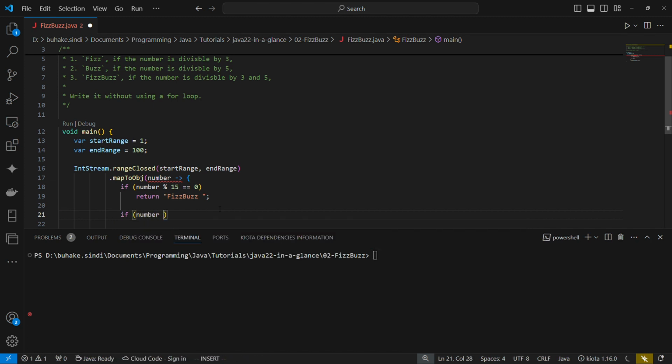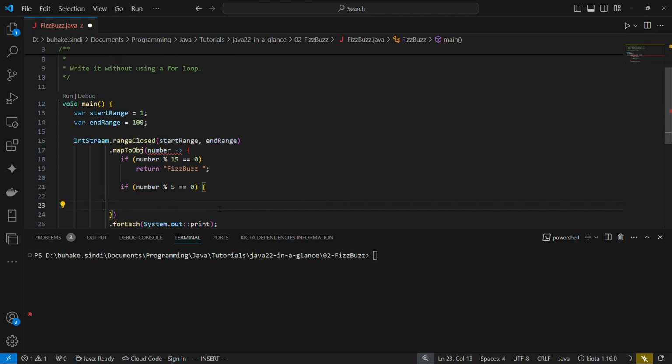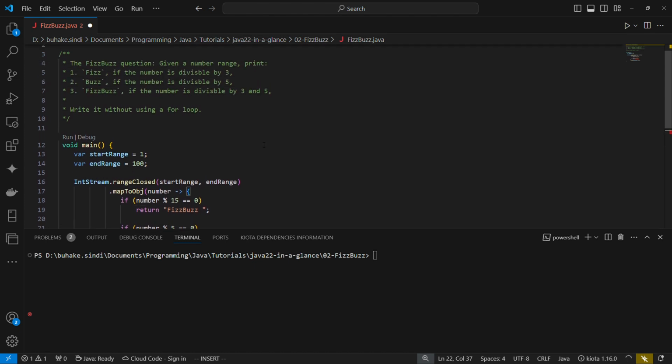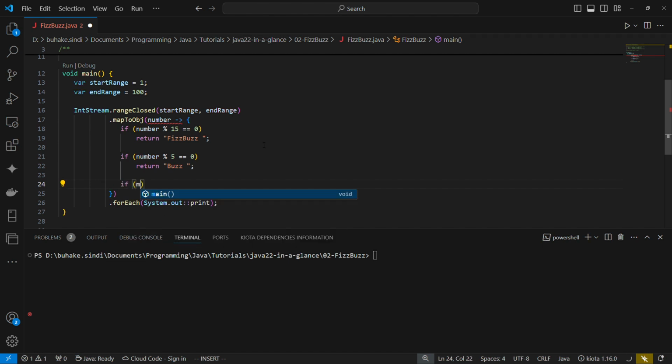If number is divisible by 5, I'm a programmer, I'm so used to having, what did I say? If it's divisible by 5, there's buzz, right? Buzz. If the number mod 3, then return fizz,